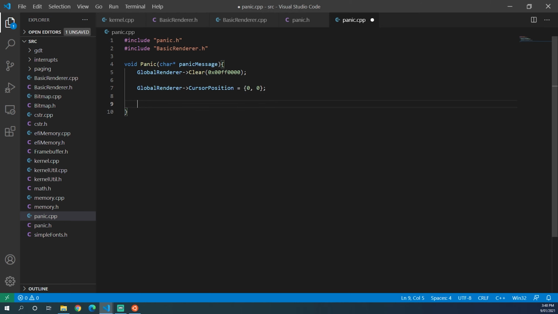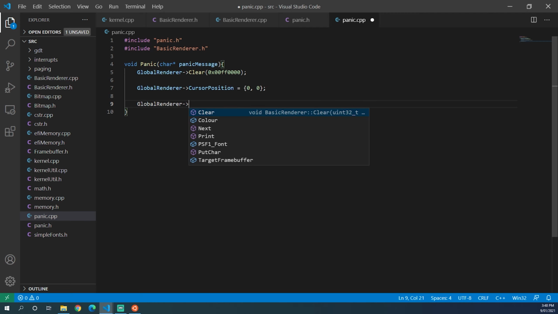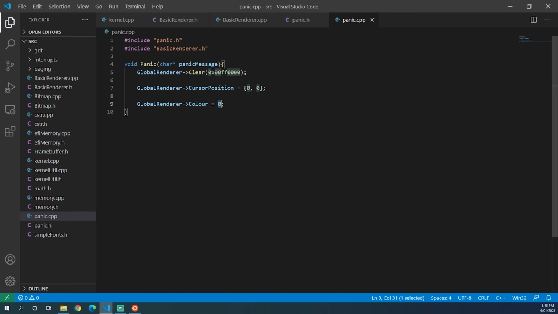And now we need to set the text color to black so it shows up well on the red background. So global renderer color equals 0. So that'll set all of our color bytes to 0. And now we can print our information. So global renderer print kernel panic